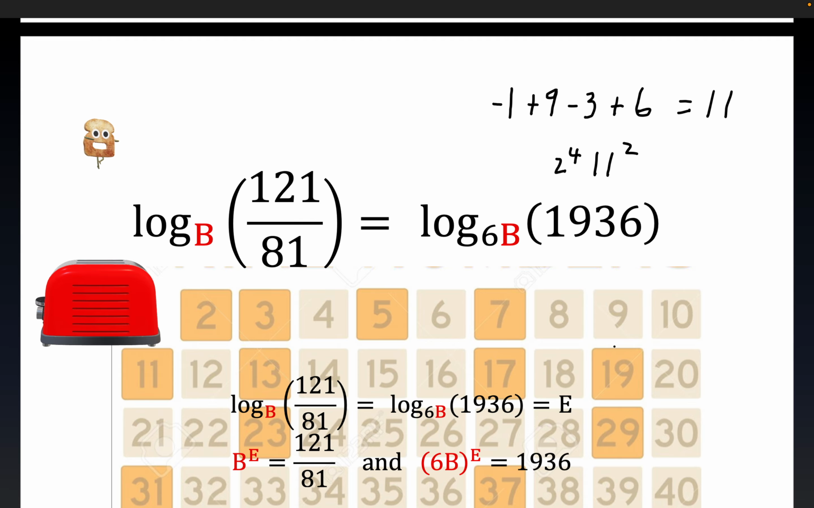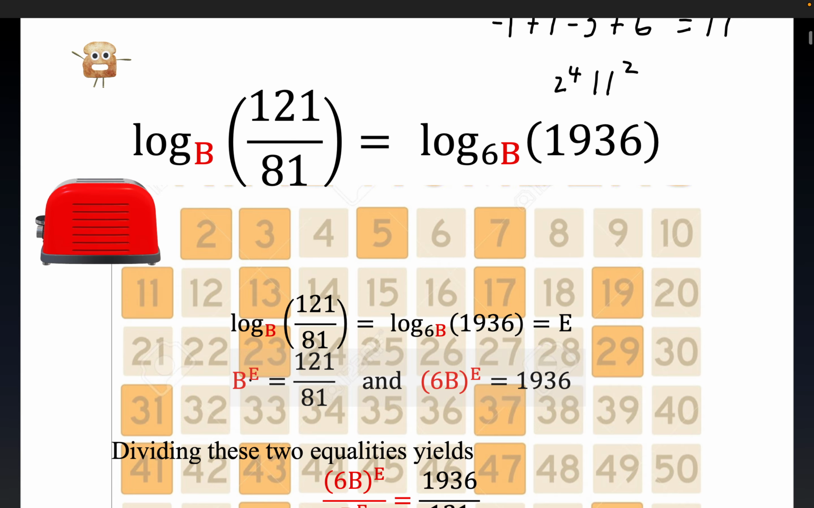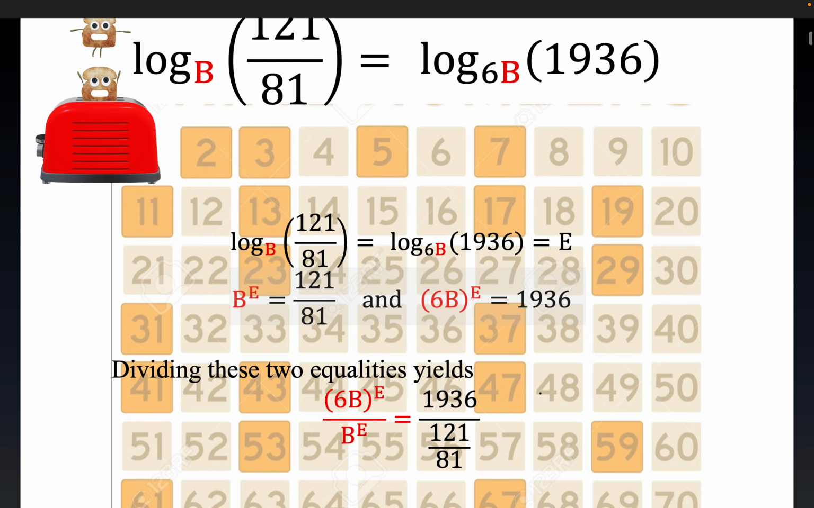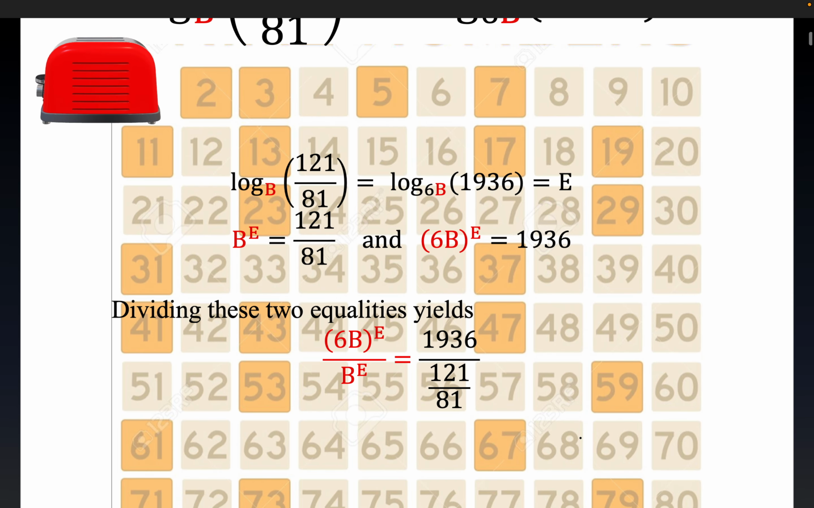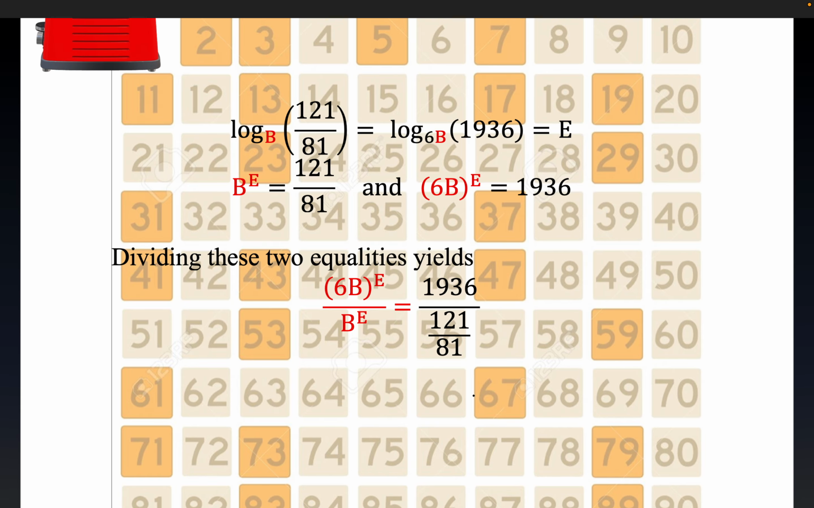Nothing to do with change of base. It's just the definition of a logarithm. Here's your logarithmic statement, here's your exponential statement. Now, what we do here is just some fairly simple algebra. We divide these two equalities, and you get this statement right down here. Do we have b to the e canceling? Yes. So we have 6 to the e, 6 raised to the e power